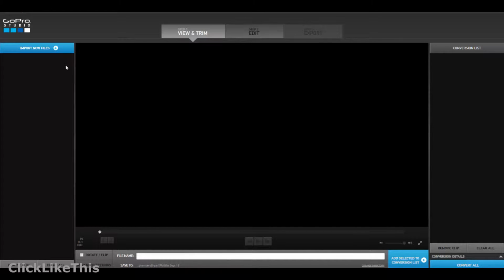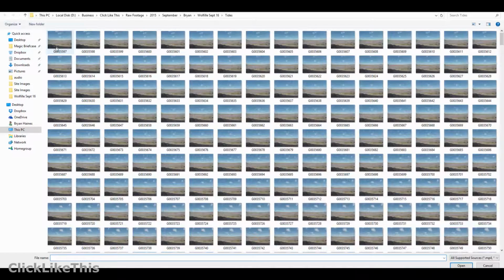In today's tutorial, we're going to be creating a GoPro time-lapse of the tide coming in off of the Bay of Fundy in Wolfville, Nova Scotia. We'll be creating it in GoPro Studio. Let's get started. We're now inside of GoPro Studio, and to begin, we simply go to Import New Files, and